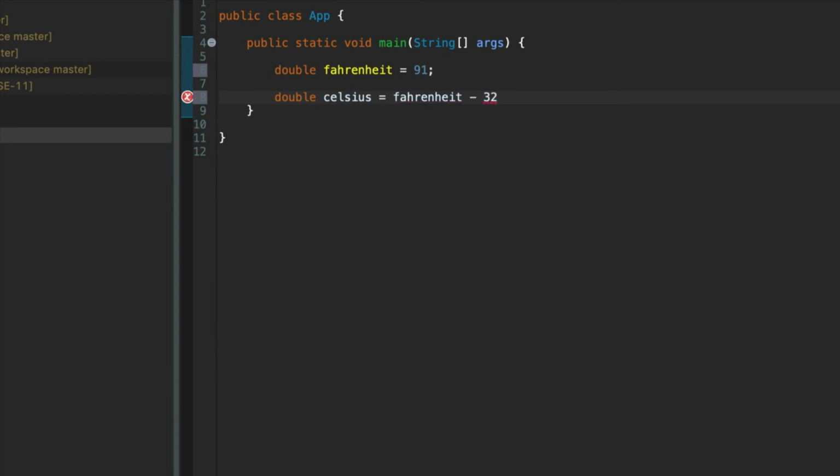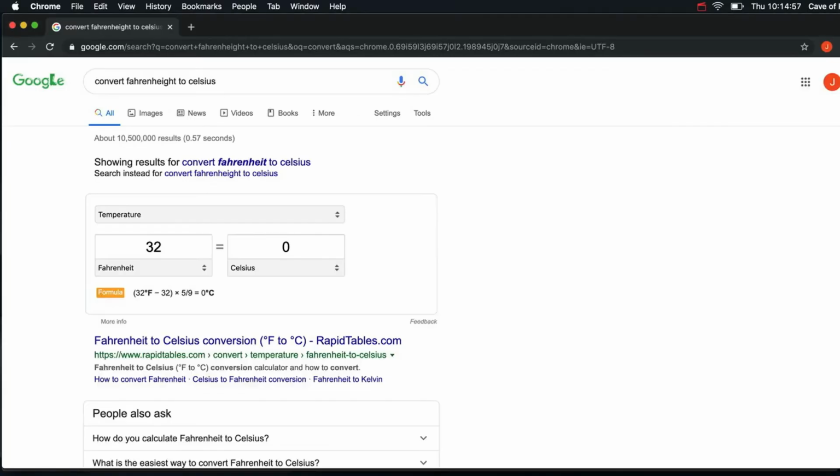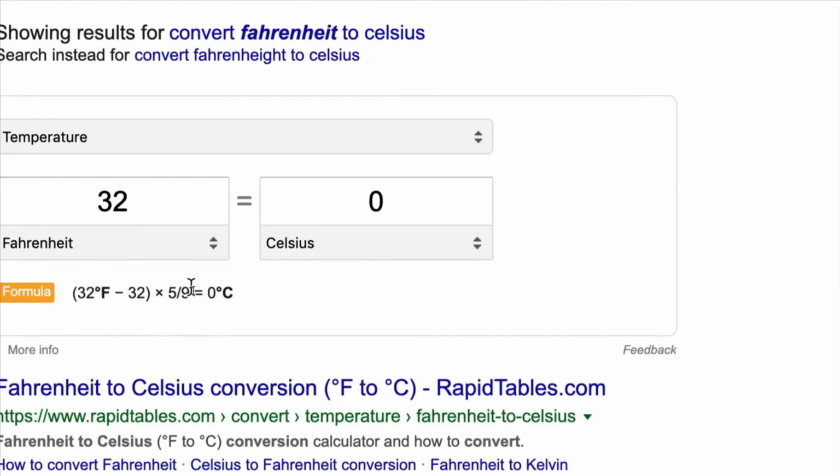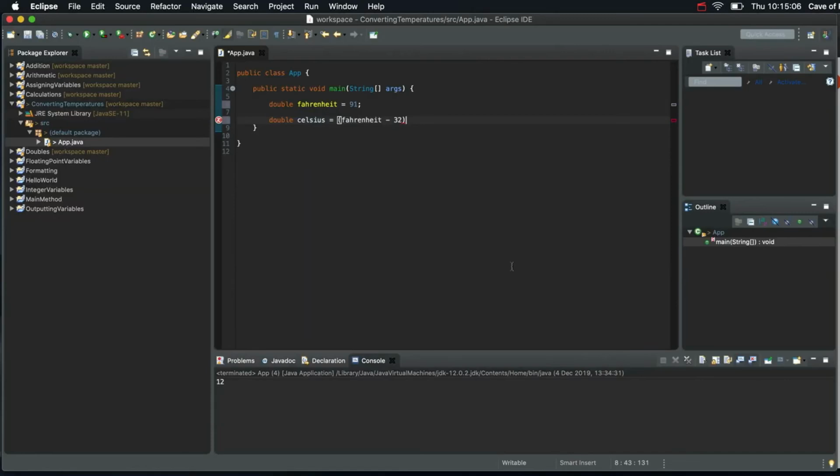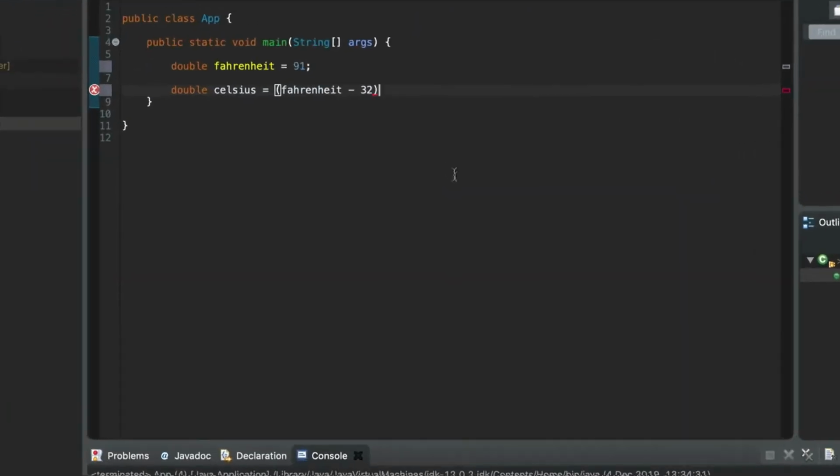Now, in order to make sure that we do the calculations in the right order, let's put that in round brackets, because that's the first thing we want to do. We want to take temperature in Fahrenheit, subtract 32, and then work with that. The next thing is to multiply that by 5 divided by 9. So let's multiply it, so that's an asterisk, by, and we can't say 5 divided by 9,